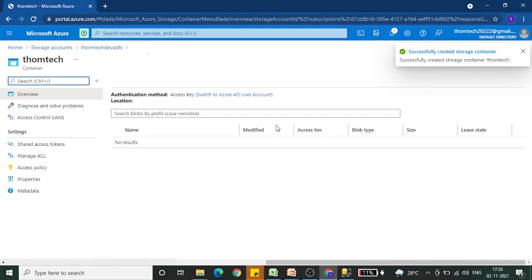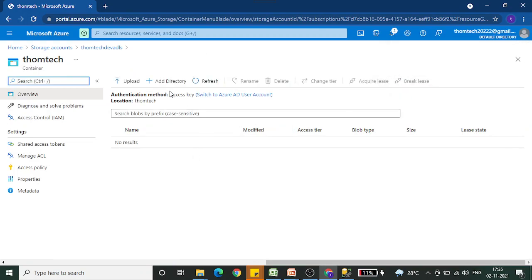Let's click on this. Once you click, you will have the option to create a directory. You remember what I said: if your data lake has hierarchical namespace enabled, then only will you be able to create real folder structures. Otherwise they will be virtual folders, and they will not persist until a file is present in those folders.